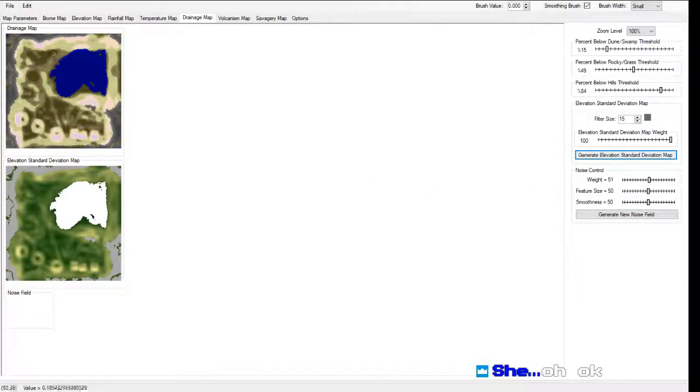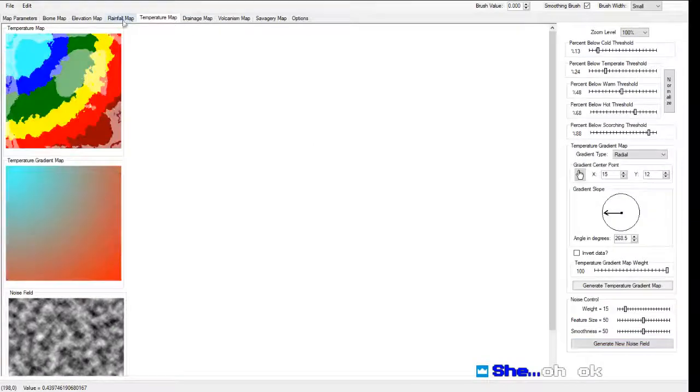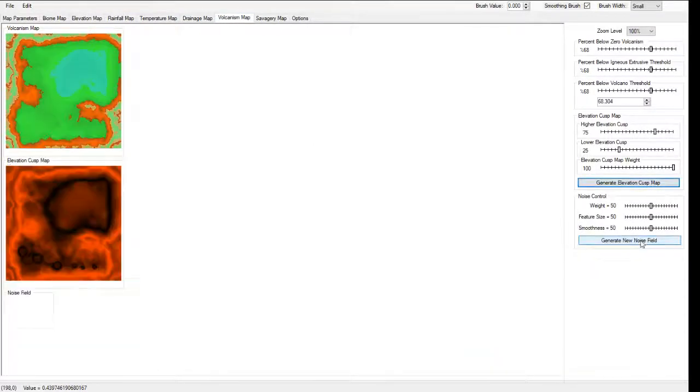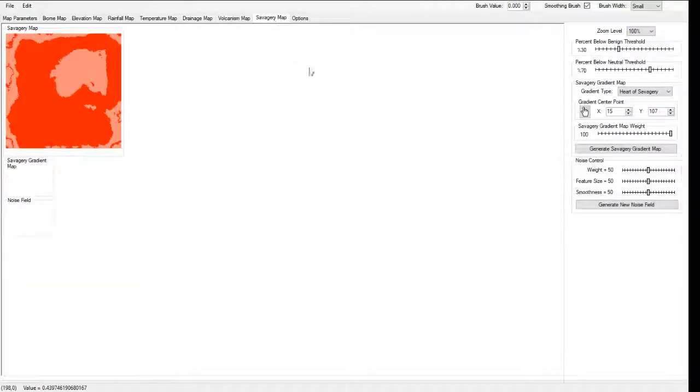And as you can see, this is going to be a very swampy map. Then generate that noise field. Generate noise fields for everything else. I did. Volcanism map, we'll just keep it standard for now. And then the savagery map